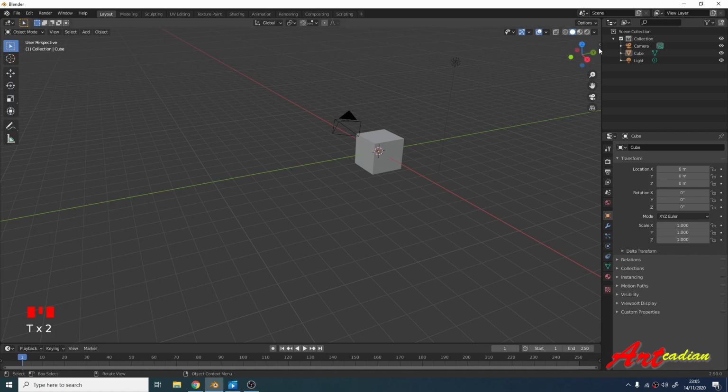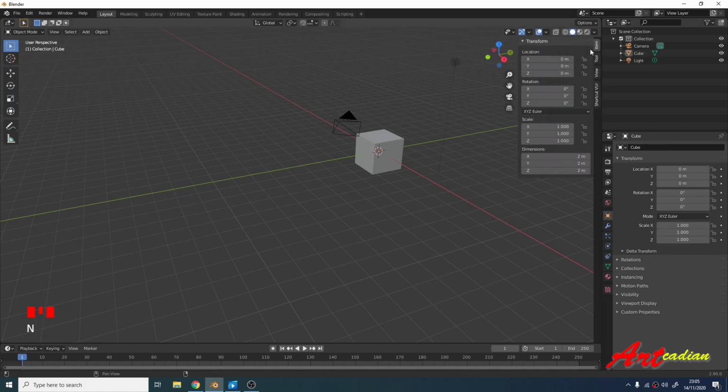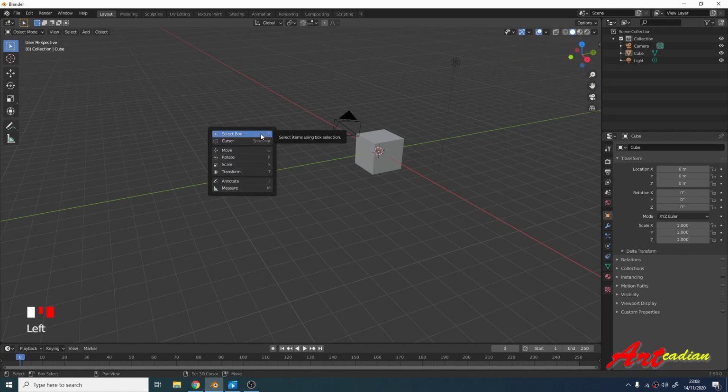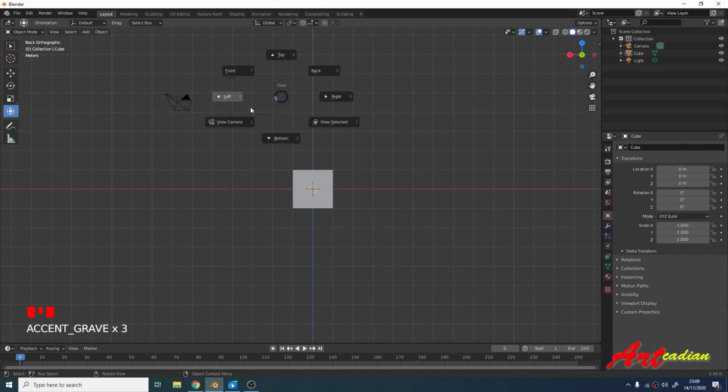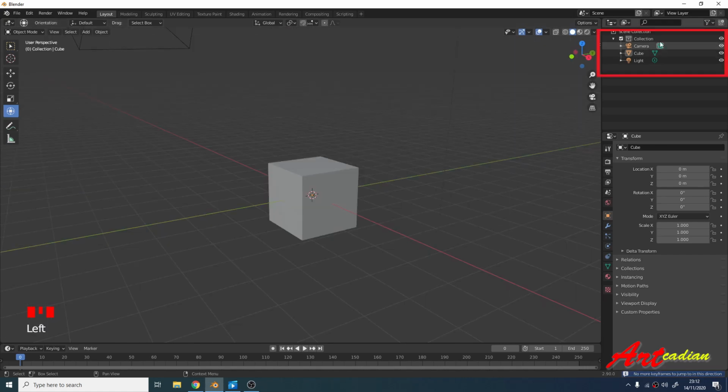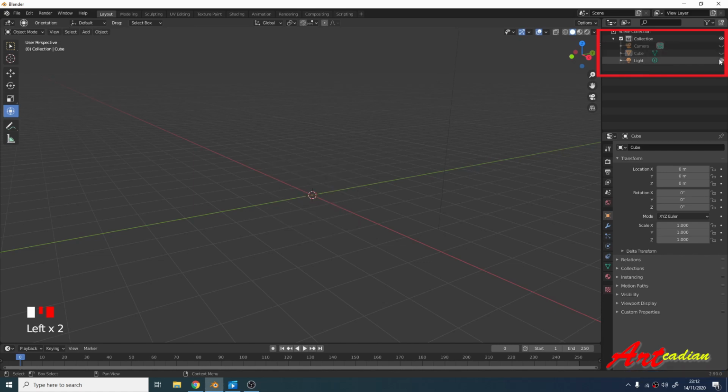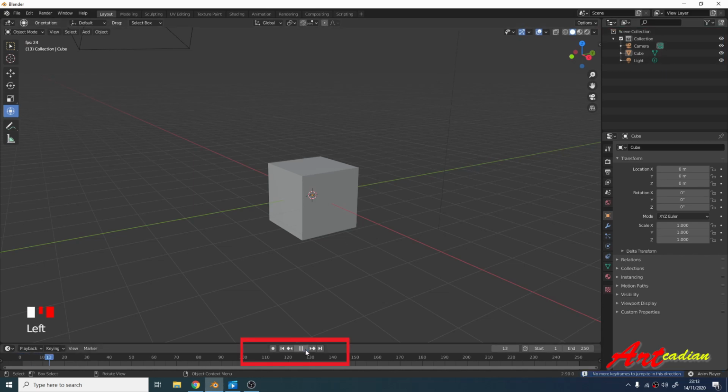To display the right panel, we can press the N key, and press the N key again to hide it. On the right panel there are menus such as Items, Tools, Views. For hotkey users on the left panel menu, we can also use Shift space at any time to open the Tools menu. If we press the button on the keyboard precisely above the Tab menu, then the Pie menu will open. To determine which collections of objects are rendered in each view layer, you can check and uncheck a collection here called Outliner. Now, have a look below the viewport.